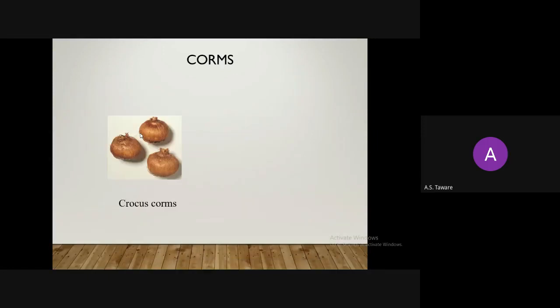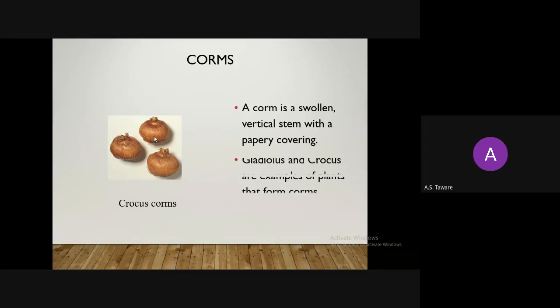These are the corms. Various decorative plants are developed from these corms. This one is the Crocus corm. A corm is a solid vertical stem which has a papery covering and is vertically elongated. There is somewhat of a difference between a bulb and a corm. Bulbs generally have a typical shape, but corms don't have a typical shape. They are stout and grow somewhat in any direction. They look like a bulb, but they are not actually a bulb. The characters differ.